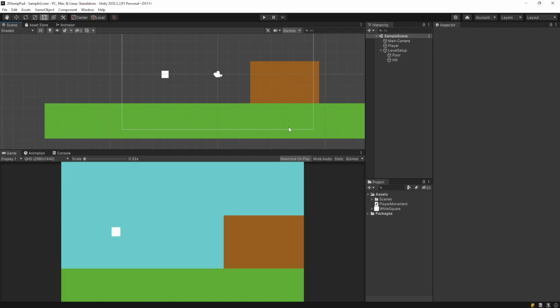In this quick tutorial, I'm going to show you how you can jump to the top of this hill, and I can't do it on my own. Oh, but look at this, we got a jump pad. And this thing will bounce us right up to the top. So let's cover what I have in this scene really quick.